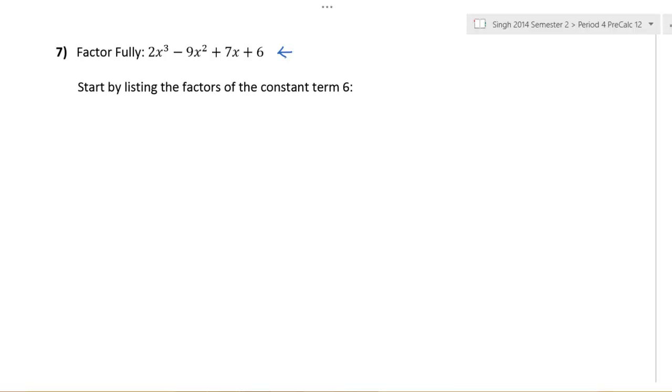So what I'm going to begin with is this constant term 6. I know from the factor property that whatever factors I do end up with, each of those constants is going to be a factor of this term 6. So let me work backwards. Let me start off by taking a look at this term 6 and writing down all the factors of 6. So factors of 6 are plus or minus 1, plus or minus 2, plus or minus 3, plus or minus